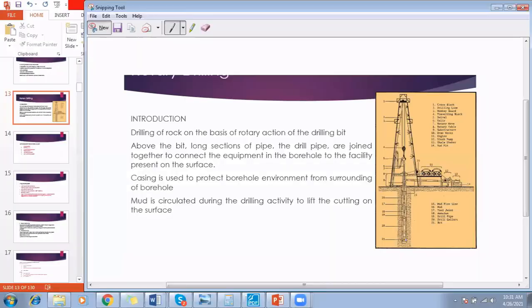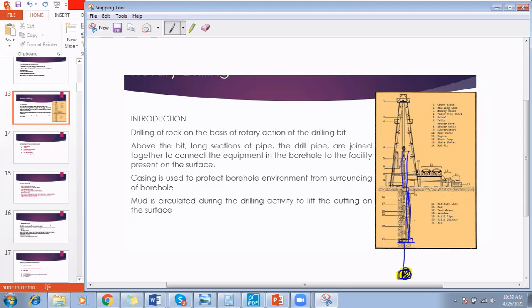Here you can see that if you want to reach this depth, this is the total length of pipes at the moment and the total depth at which the drill bit is present. Now you want to drill to this depth, the depth that I mentioned in yellow color. So you will stop the drilling and join another drilling pipe here. Then again the whole process will continue and the drilling will proceed up to the desired target.